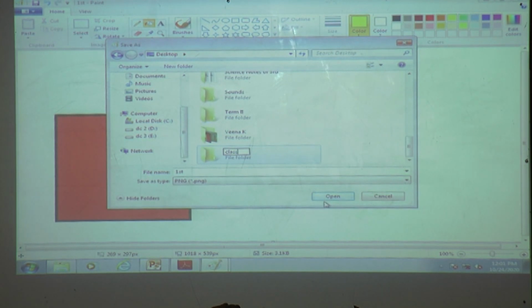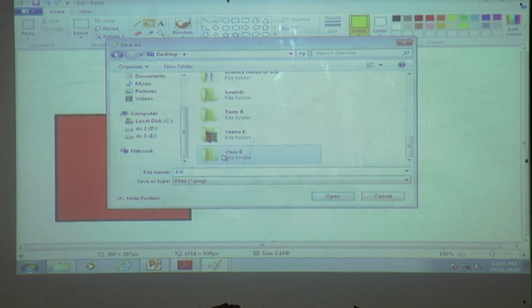Then it cannot take the same name. Then we will write only class second. We will write like that, like this, class second, and we will give the name here, file name. We want to save this file in this class second folder.